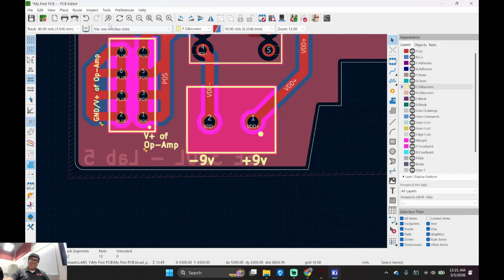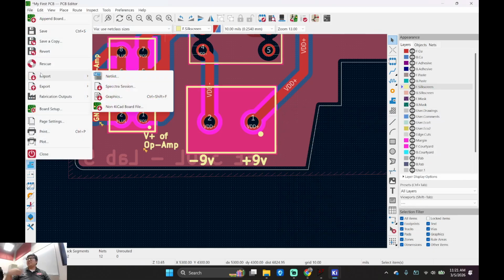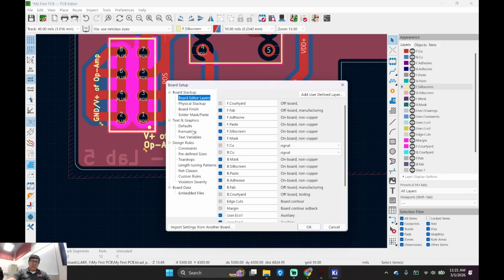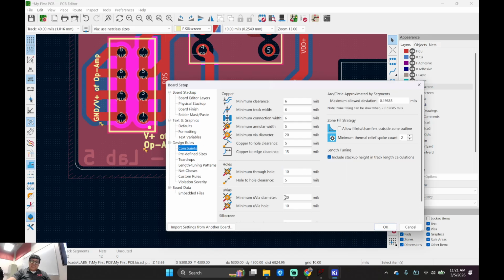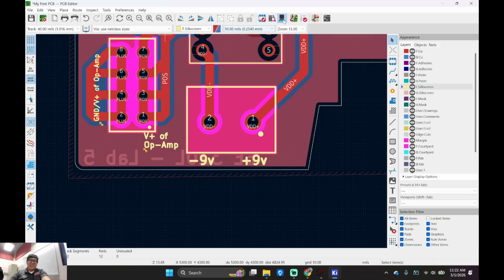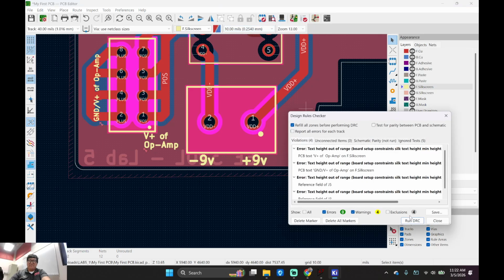So let's go here. Basically, this is for you, because I'm looking at the board, can my eyes enjoy it? Go to constraints. You see that 30 right there? Let's set it to, I don't know, 20. Or you can set it to 0, be my guest. What are we going to get? DRC.